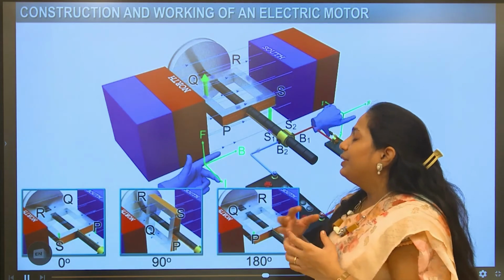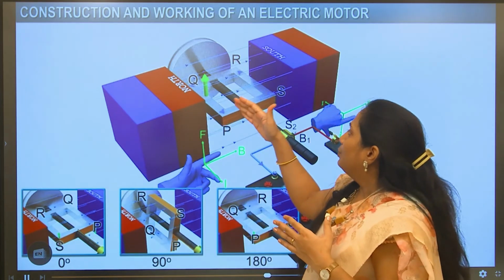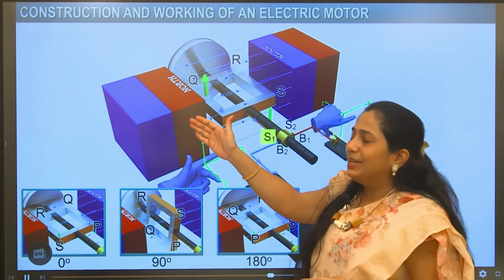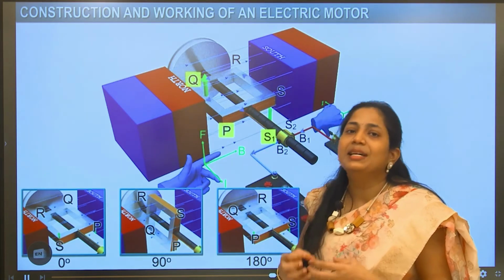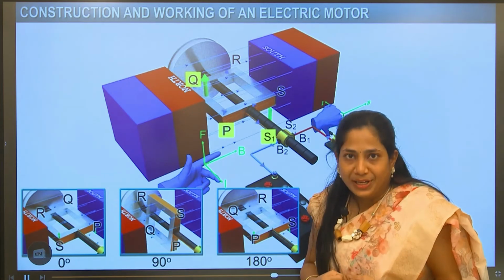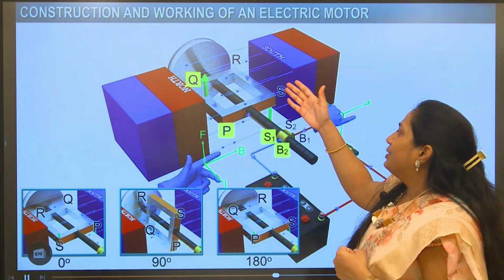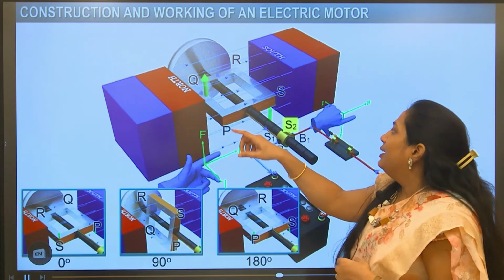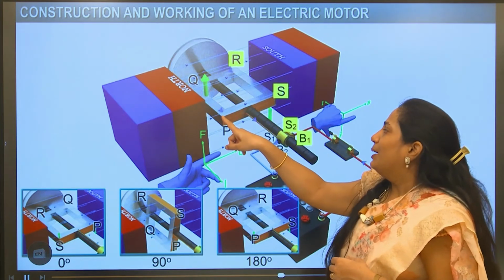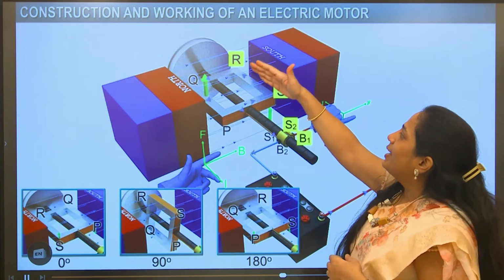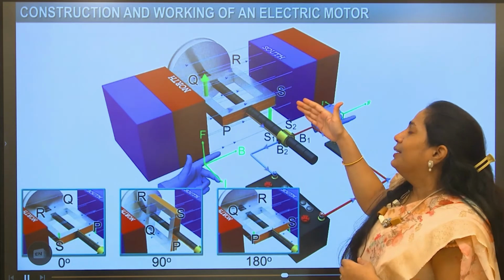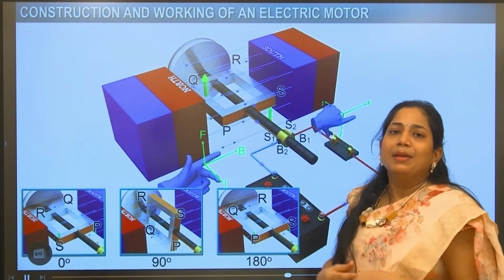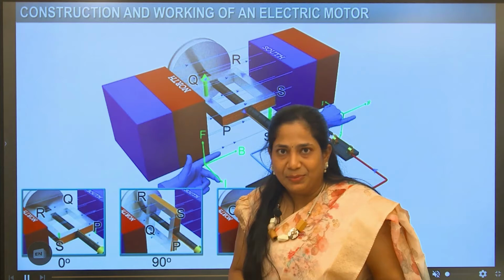When the armature turns towards 90 degrees, which is perpendicular to the magnetic field of the north and south magnets, it will experience zero current. When the armature comes back to the parallel position, that is 180 degrees, which puts Q and P towards this side and R and S towards this side, on your right hand, on your left hand. So this again makes the magnetic field maximum.